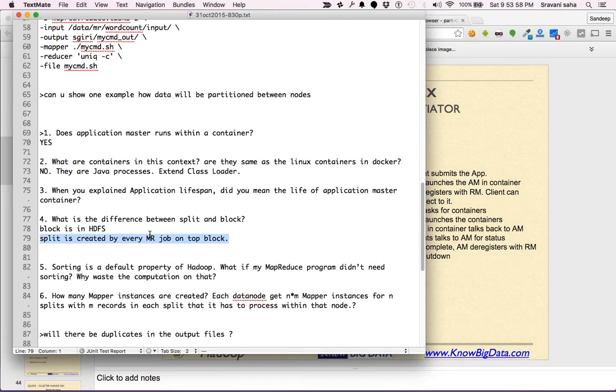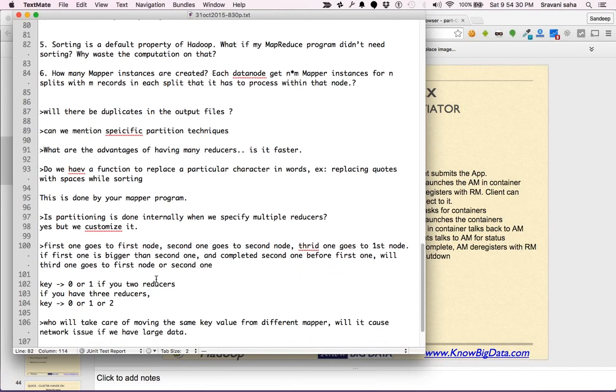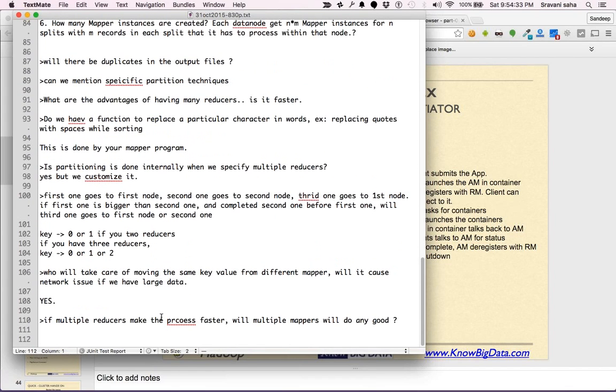Split makes sense as data, but block is not useful as data, because a block might be incomplete data. A block might not have the boundaries, because it's just cut at 128 MB. Split contains records, the complete records, while block is like the physical bytes. We will go into the details when we customize a block, when we customize the split.